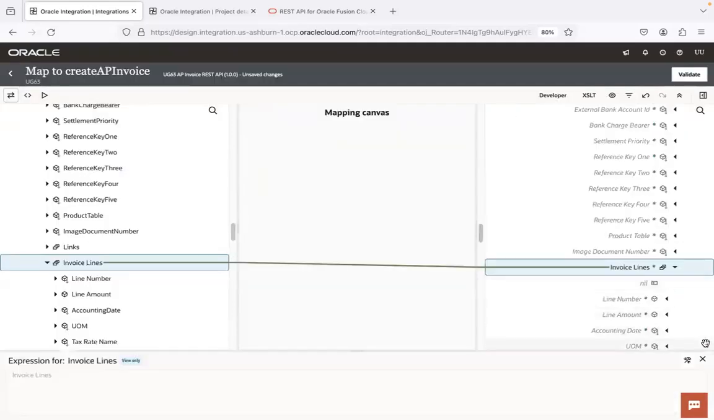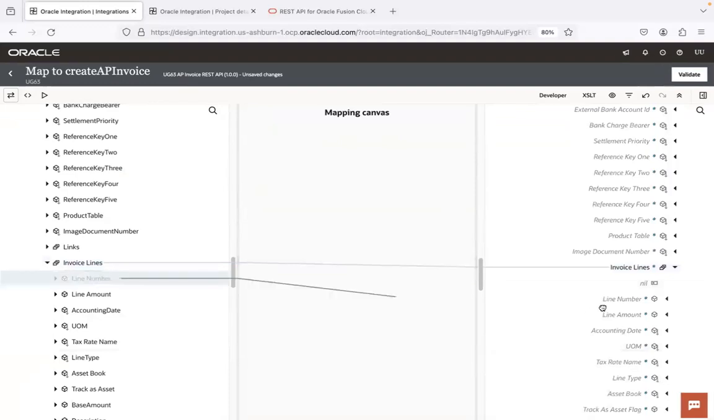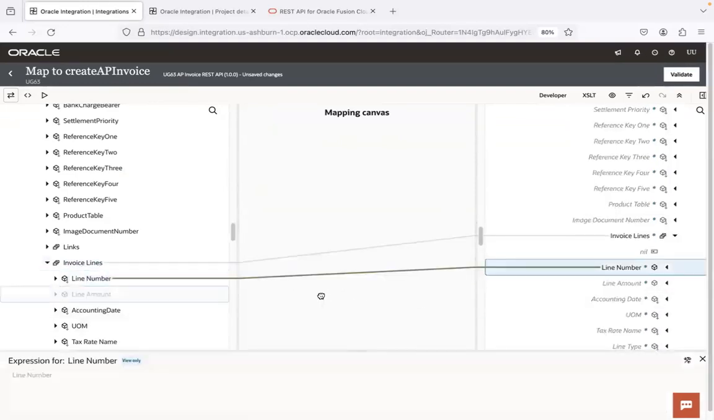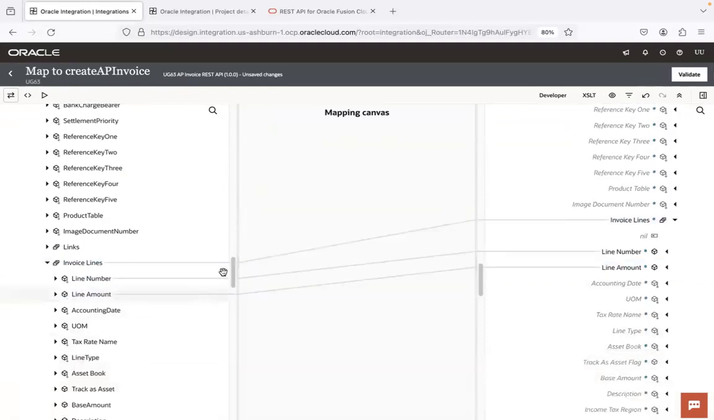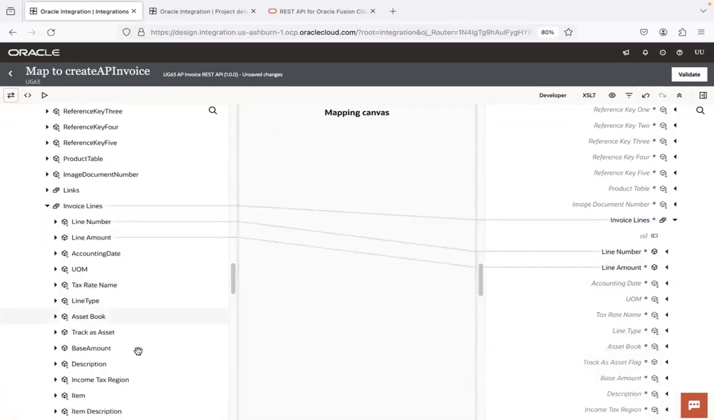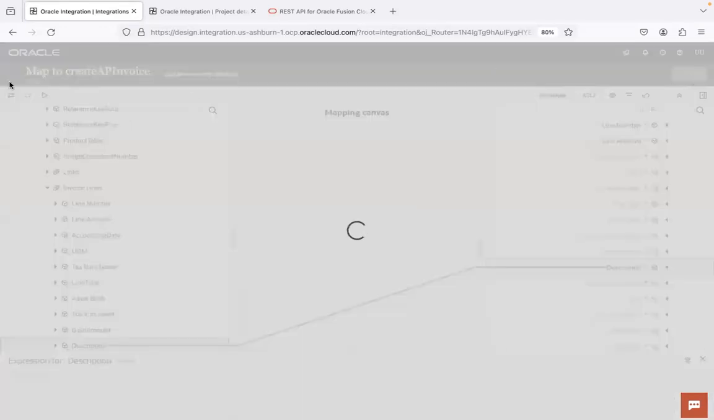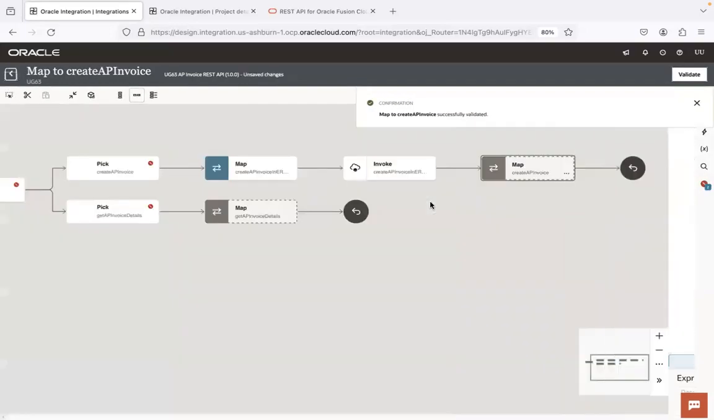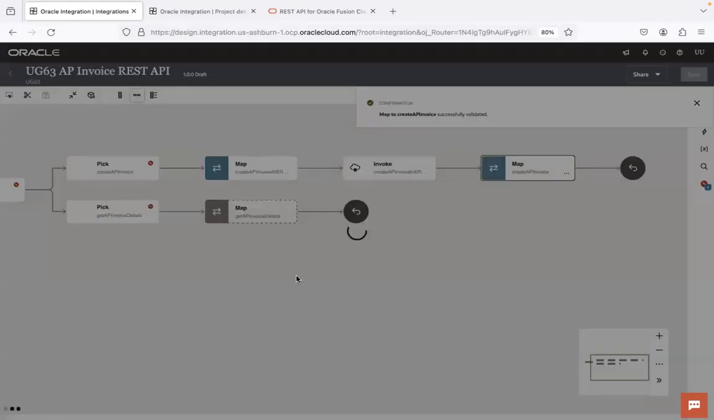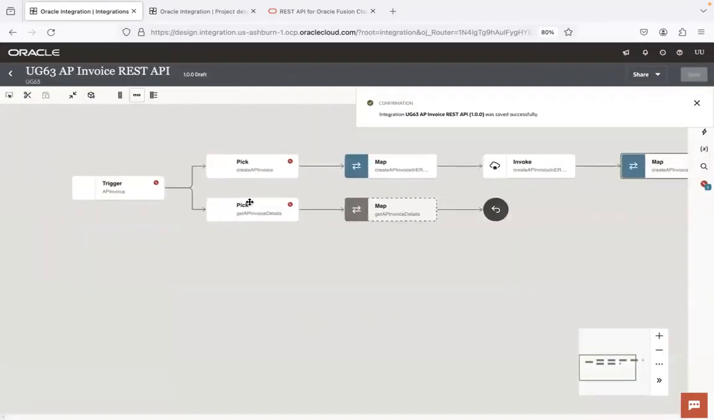I'm also mapping the line attributes from the response, and I just want to send it back. I'm just mapping few important fields here, guys. I'm not mapping all of them. Now we need to repeat the same thing here, or we need to plug in logic here in the get